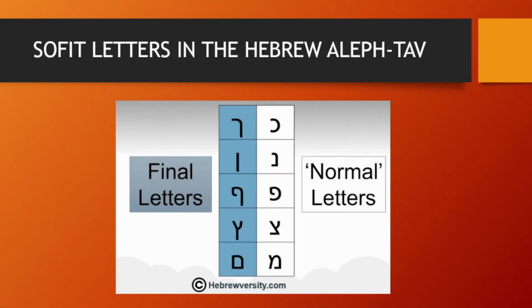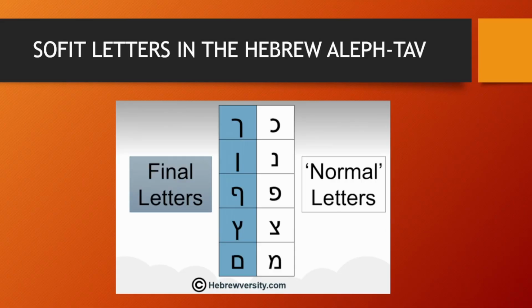This is not going to be that new, but we haven't spoken about the Sufit form of the Hebrew letters. We've just said they are there and they have a slightly different function. I wanted to look at which letters in the Hebrew alphabet are Sufit. So to start with, we put the word Sufit next to a letter when we write it.